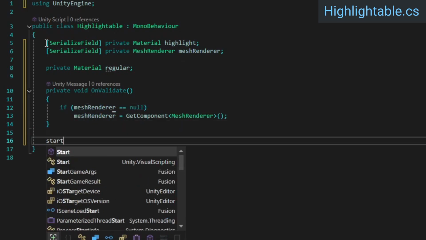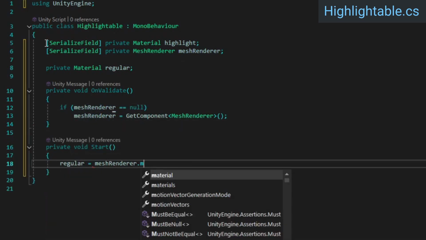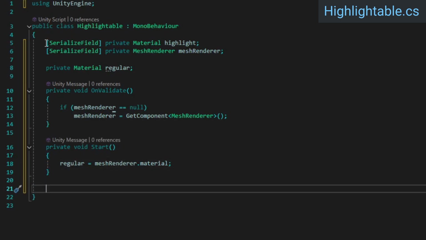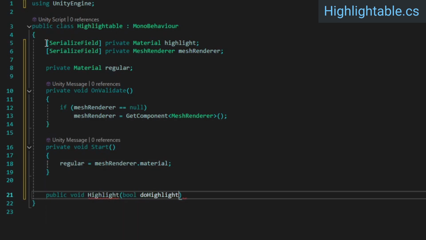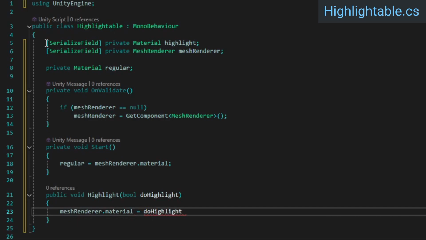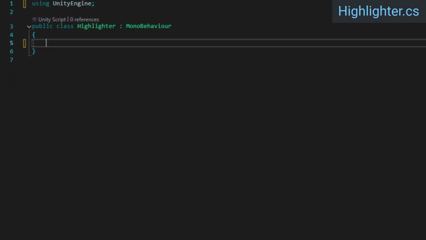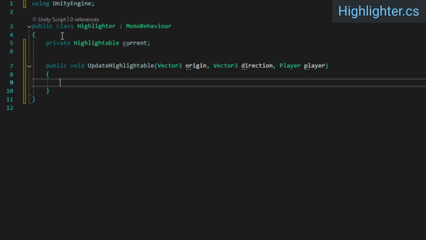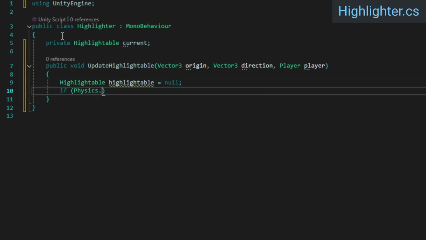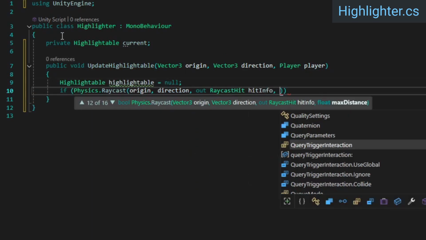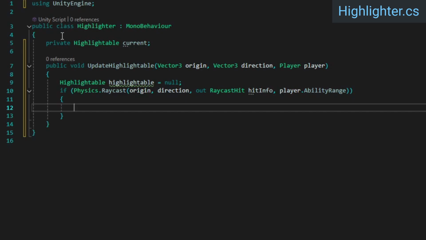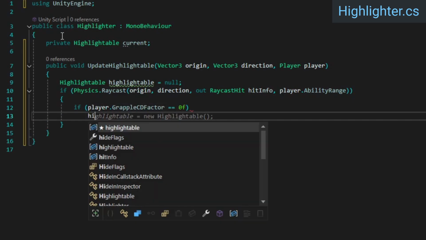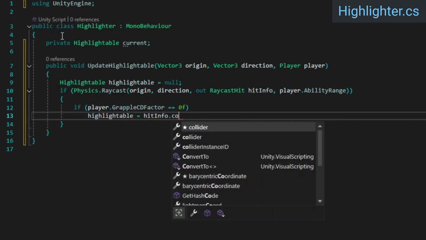In start, set the regular material to the one the object is currently using. Create a highlight method which simply changes the mesh renderer's material based on whether or not we want to highlight this object. In the highlighter class, add a field to store the currently active highlightable object, if any. Then create an update highlightable method. Inside, we'll raycast using the player's camera position, look direction, and ability range. If we hit something and the player's grapple ability is not on cooldown, we'll grab any highlightable component attached to